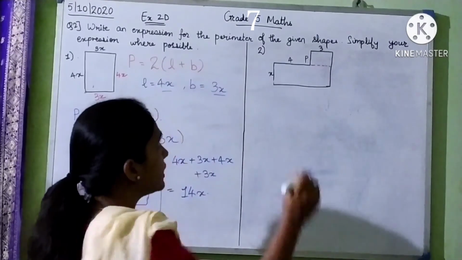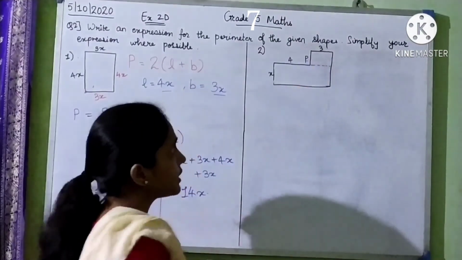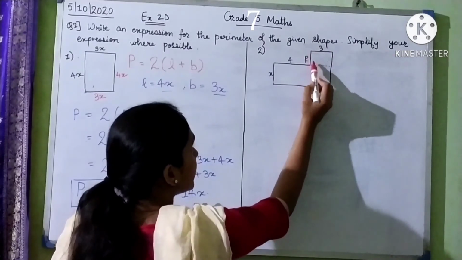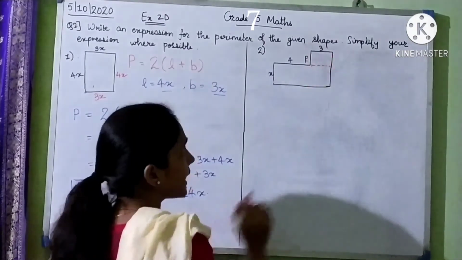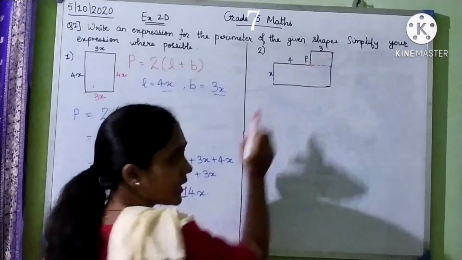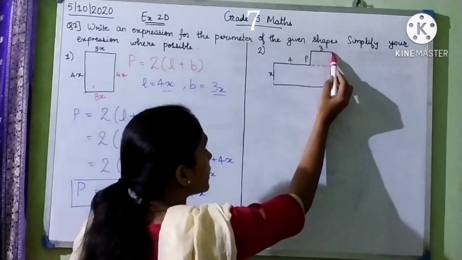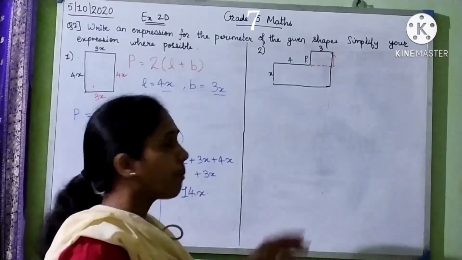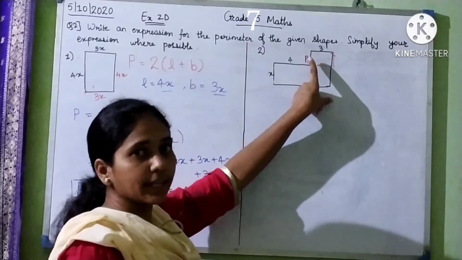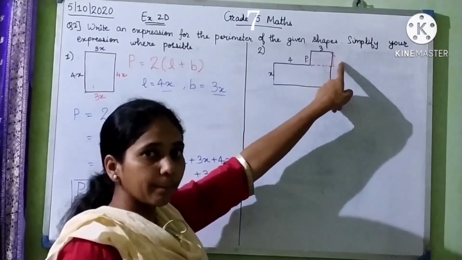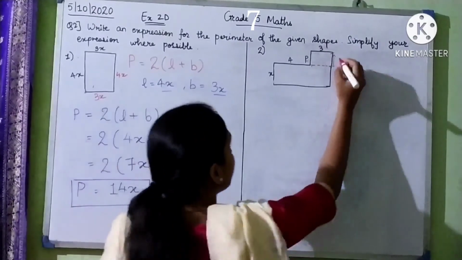See, if this is p, then this side, this is a rectangle, this side is opposite to this side from here to here, right? So if this side is p, this much is also going to be p. Why? Because it is the opposite side of a rectangle. So if this opposite side is p, this side is also going to be p only. So I write p here.